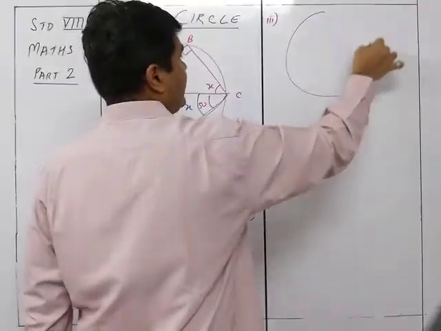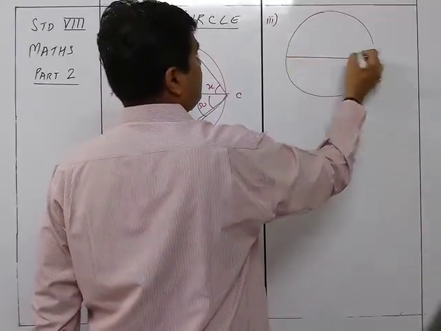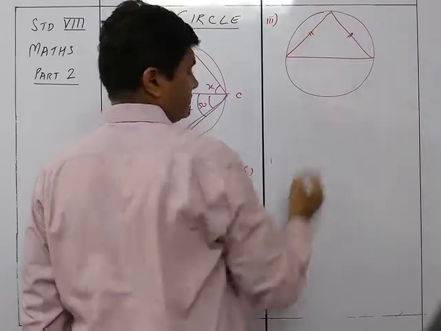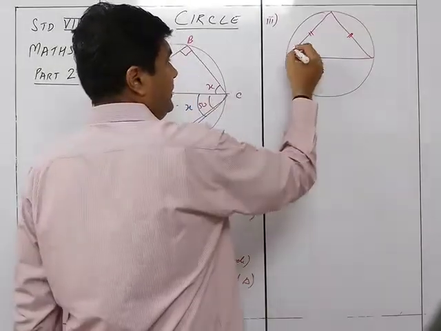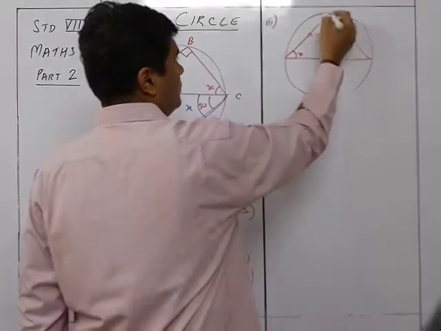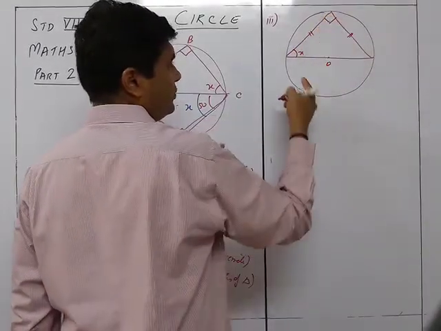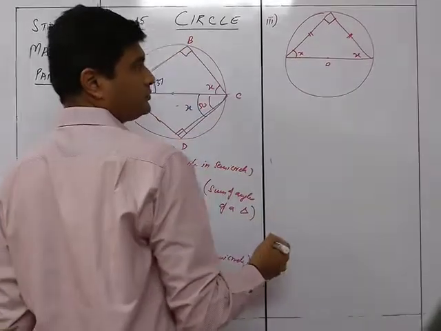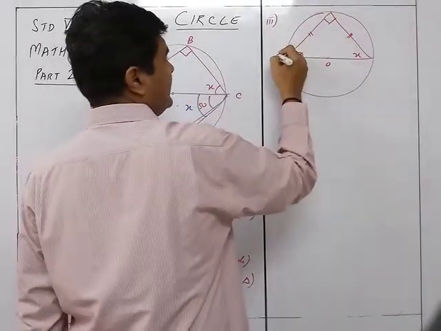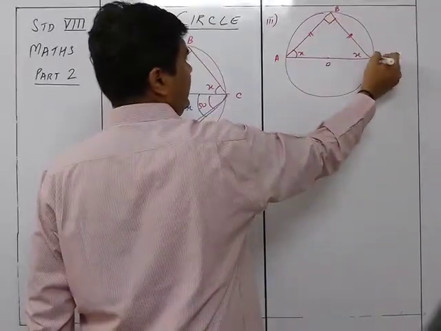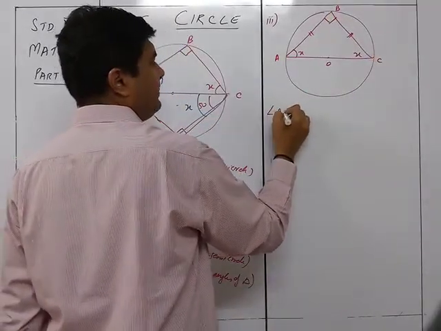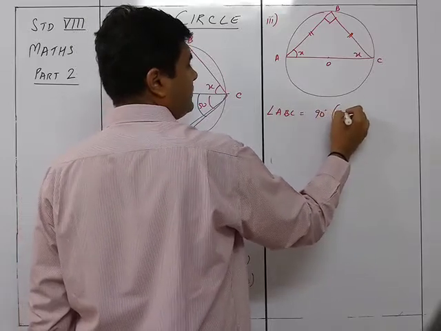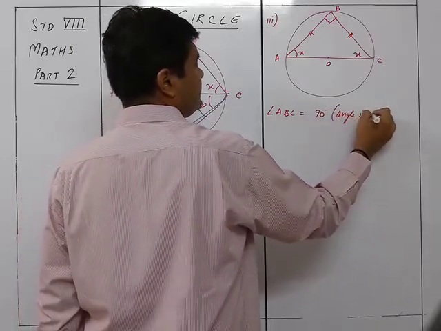In this case, you are given that the two sides are equal. So this is equal to this. We need to find out x over here. This is O. We know that this is 90 degrees. So if this is x, if these two are equal, this will also be x. Right? So let's take this as A, B, C. So first, angle ABC is equal to 90 degrees, angle in semicircle.